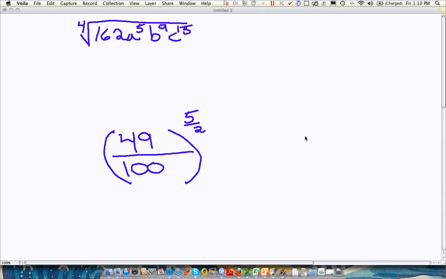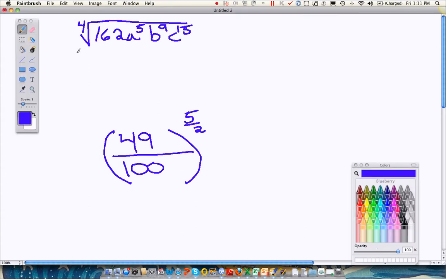Next, we're going to take a look at working with some exponents and some radicals. The first thing we're going to take a look at is simplifying this radical. We've got a fourth root here, which is a little bit more difficult to deal with than something like a square root. So what I'm going to do is try and write everything out in terms of